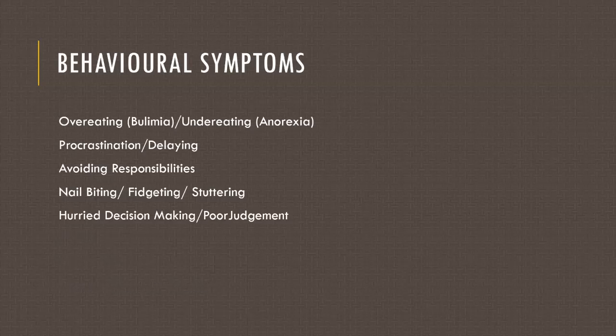So next are behavioral symptoms. In behavioral symptoms, we generally see overeating and undereating. So what is overeating? Overeating means when you eat more than you can fill up. This is a kind of common disorder known as bulimia nervosa, to be precise. So bulimia can occur in a stressful person. Sometimes you see that the more stress you take, the more you eat. Okay, and that too with something with a lot of carbohydrates in it.